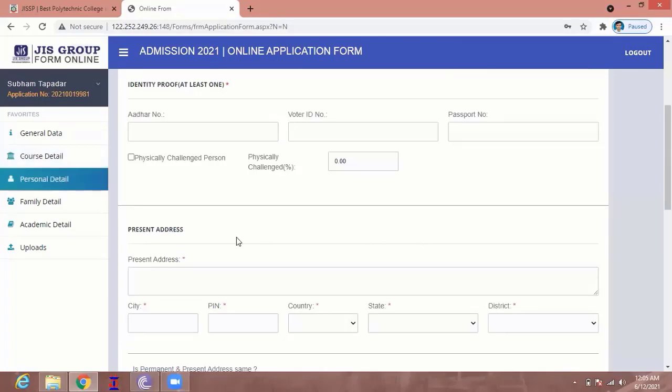After clicking on next, you have to put your personal details, and as identity proof, you have to put at least an Aadhaar number or voter ID number or passport number. So I am putting my Aadhaar number.